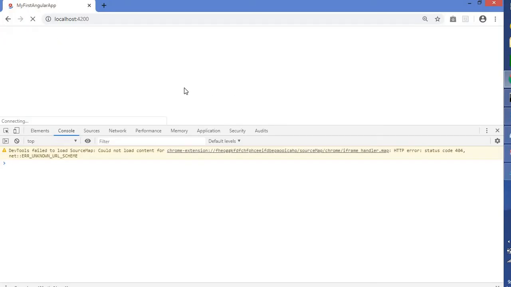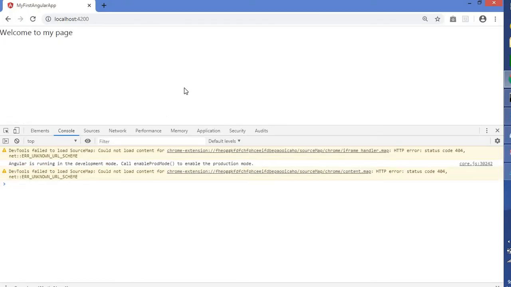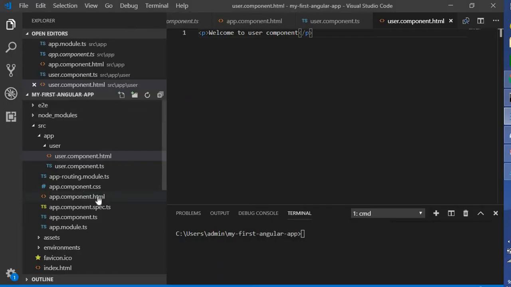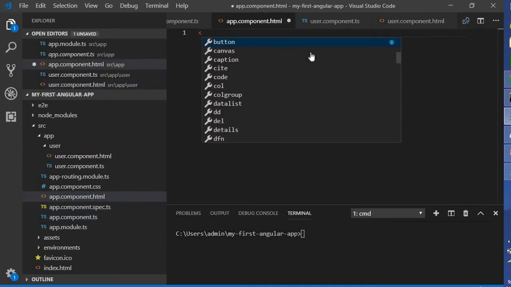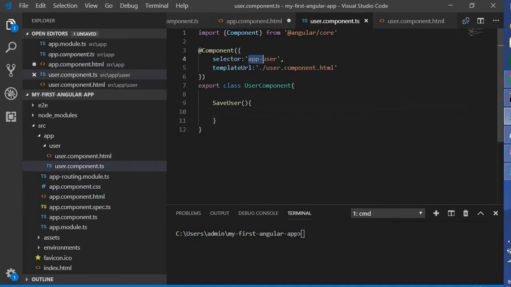Let's see what my page looks like. Still my page shows the app component data only. So how can I make the app component render my user component? To do that, come to our app.component.html. Use our selector, the selector which we typed, app-user, right?